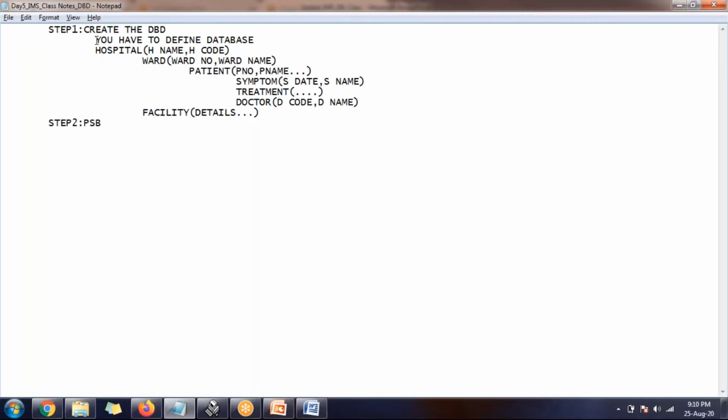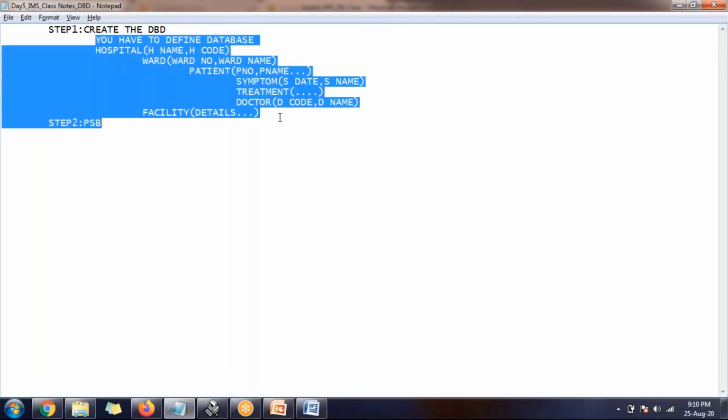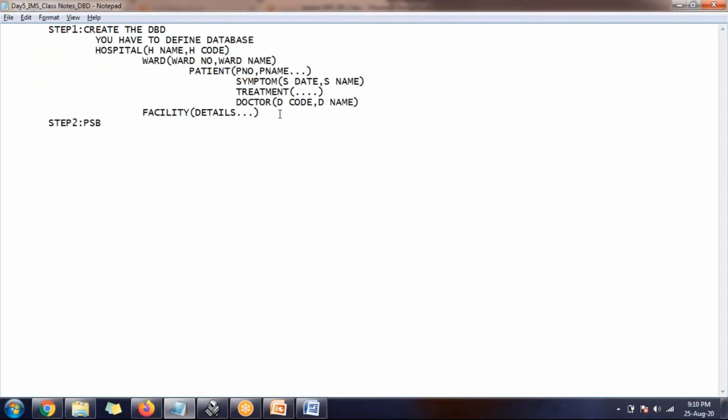Now, once the IMS DBA defines the database, let's take an example, team, in DB2. You created a database. Will you get a chance to create a table? I don't think so. In 80% of the projects, clients, you don't get the chance to create a table, even if it is an old project or a new project. 80 to 90% of the time there is a separate team who will take care of creation of the tables.